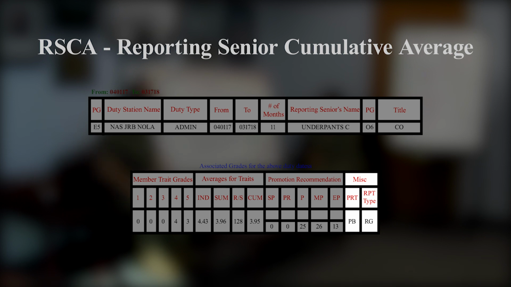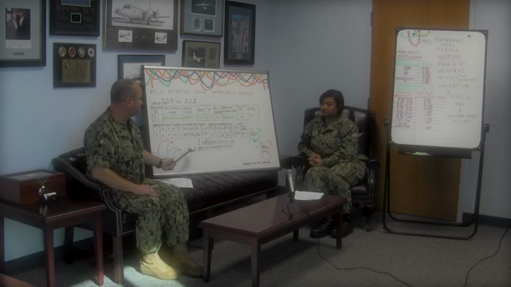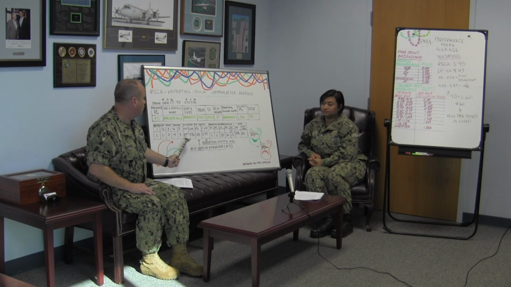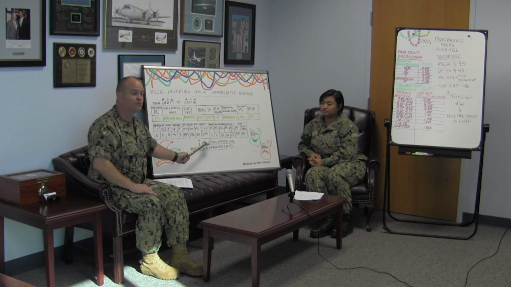you took the validation. And then the last block in miscellaneous talks about the type of report that it was. And RG means that this is a regular report, which is typical for an E5, because E5s sign their evals in March 15th of each year. So I kind of wanted to give you all some knowledge on how to read your enlisted summary record, and especially how the reporting senior average factors into where you fall out amongst your peers,